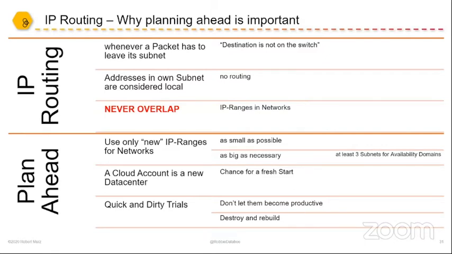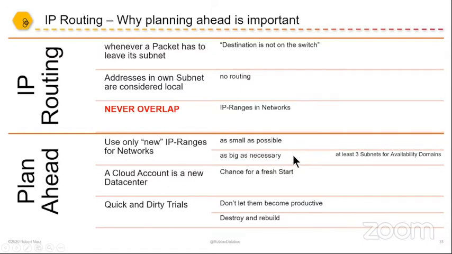And this is the reason why you should never overlap IP ranges in networks. You can do this, but then you are in deep trouble keeping this stuff together. You can overlap IP ranges, and you can use subnetting and NATting and all this kind of stuff, but you probably don't want to do this if there is a chance to avoid it. So please plan ahead, use only new IP ranges for your networks, make them as small as possible and as big as necessary. Remember, a couple of months ago, you had to have at least a single subnet for every availability domain. So your network range should be big enough to fit 3 times